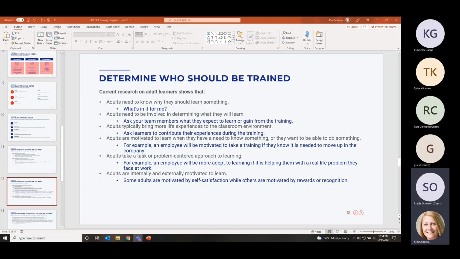An employee will be motivated to take training if they know it's needed to move up in the company. I just touched on that a little bit. An employee will be more adept at learning if it's helping them with real-life problems they face at work. So, say that you've got 2 people standing on the line and one of them's twiddling his thumbs most of the time and the other one's really working.